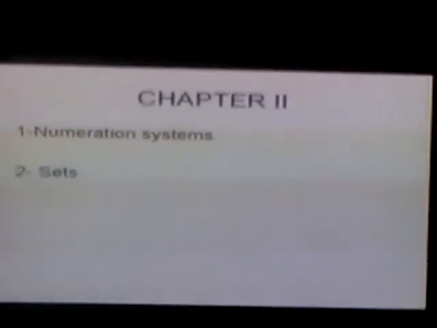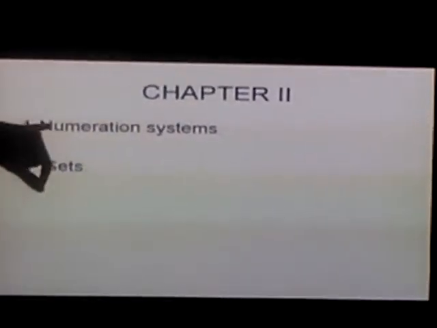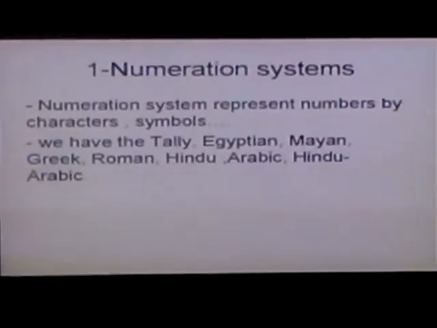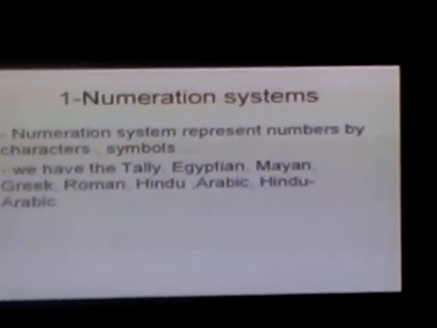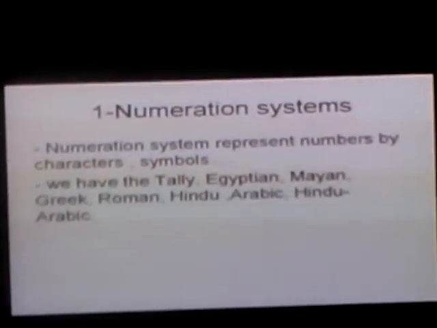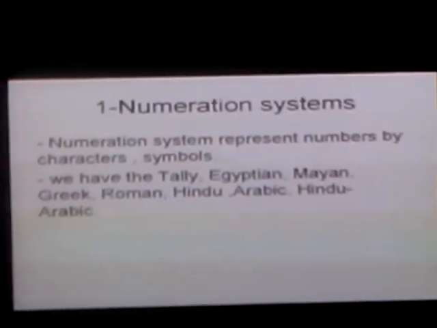Chapter 2 has two sections: the numeration systems, and the second section, the sets. The numeration system represents numbers by symbols and characters. We have the tally system, Egyptian, Mayan, Greek, Roman, Hindu, Arabic, and Hindu-Arabic systems. This table shows the different systems from the Babylonian to the Hindu-Arabic system that we are using at the moment